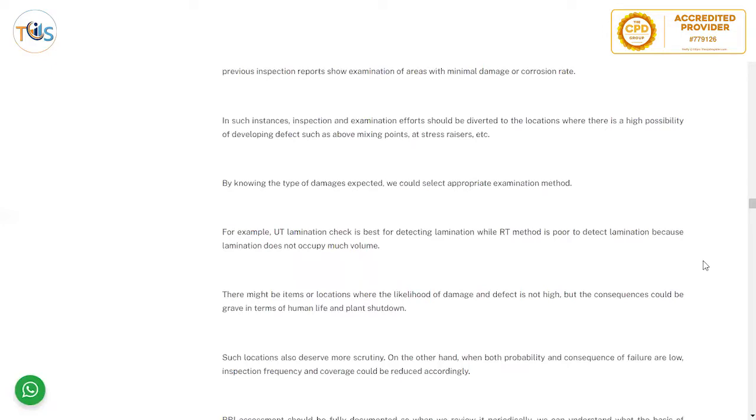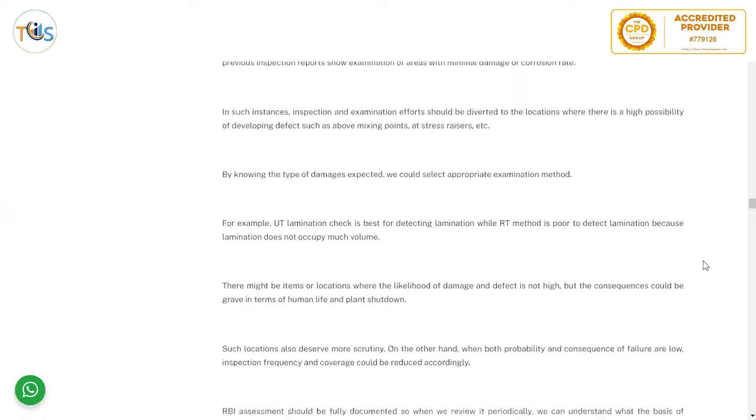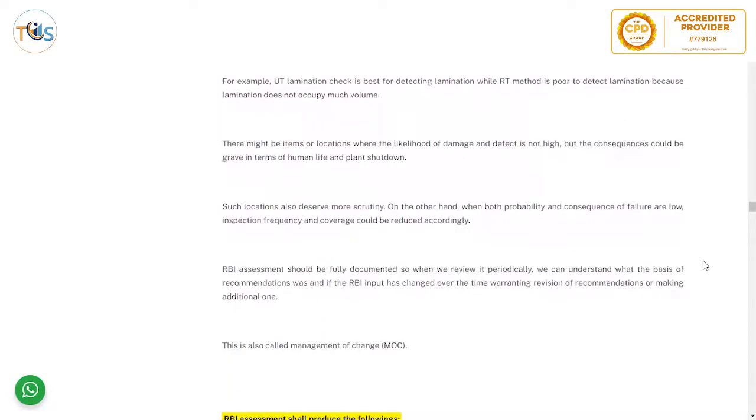So they might ask you about high possibility of defect, which is a vulnerable area. It's above the mixing points and at stress risers. By knowing the type of damages expected, we could select the appropriate examination method. For example, UT lamination check is best for detecting lamination, while the RT method is poor at detecting lamination, because lamination does not occupy much volume, so you would hardly see it on a radiograph due to the nature of how